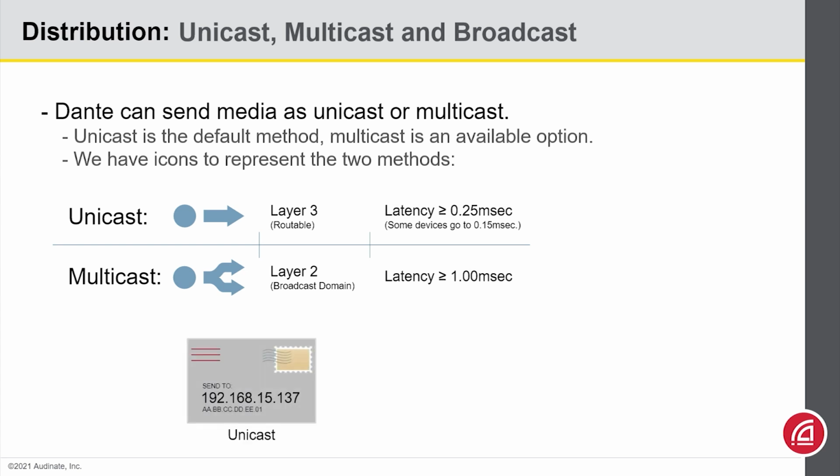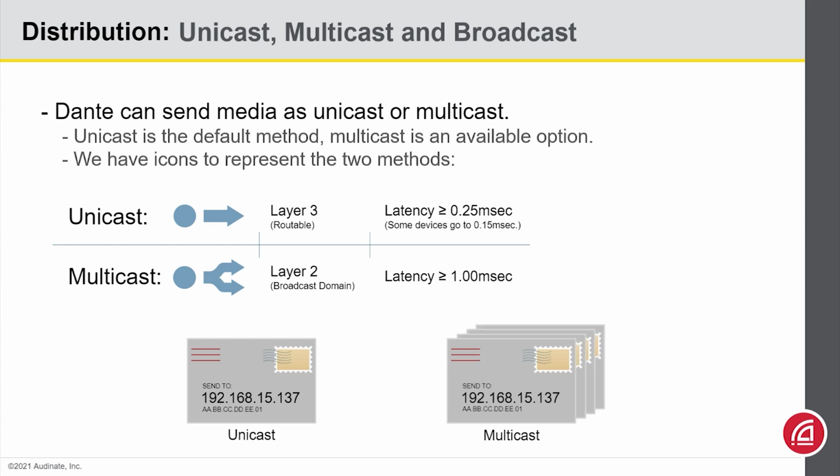Another benefit to unicast is that it can achieve lower latency than multicast. Unicast packets have the address of the intended recipient right on it. As a result, it can traverse the switch more quickly. Multicast arrives with a subscription number. The switch then needs to look that number up, figure out who wants that packet, possibly duplicating the signal for each path it must take. Now all of this extra work can start taxing the CPU in your switch. So we design our multicast packets so it's less burden for the switch to move through, and of course we allow more time for it to get across the network.